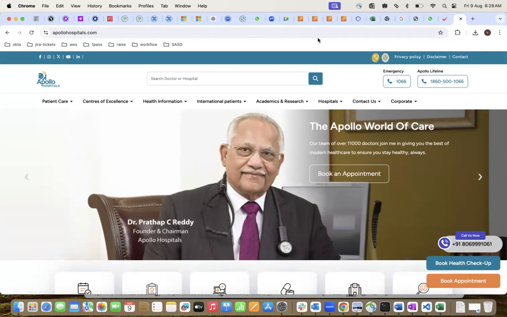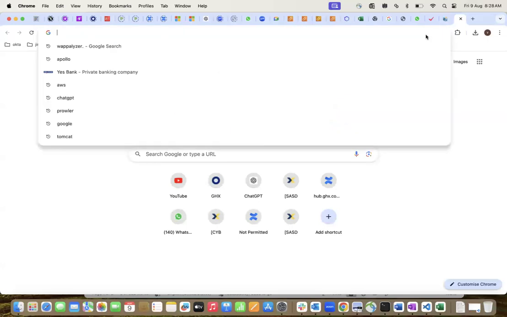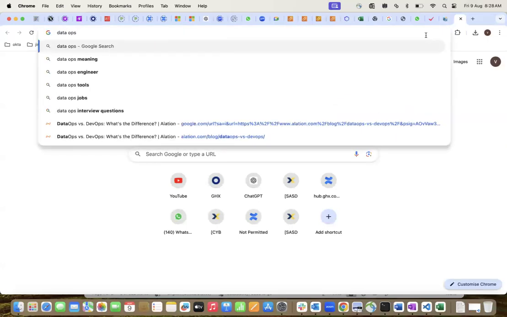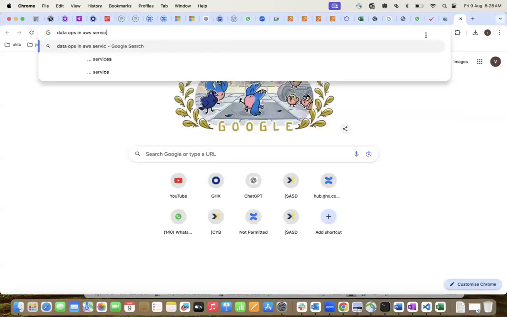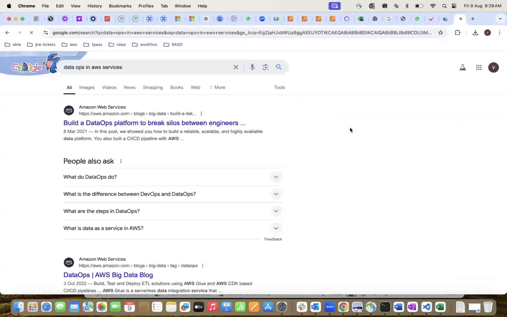One more, R language. After that, the last end-to-end integration with data apps in AWS cloud services. SQL is also there, right? Yeah, exactly.